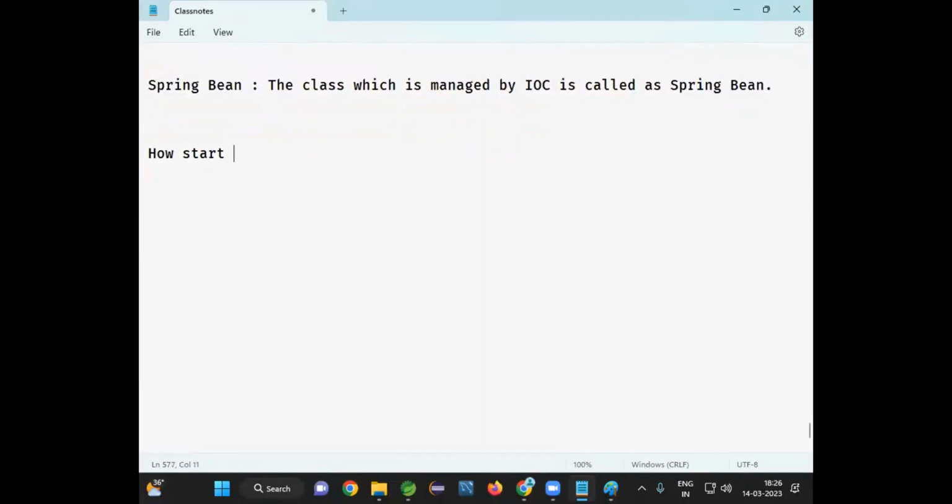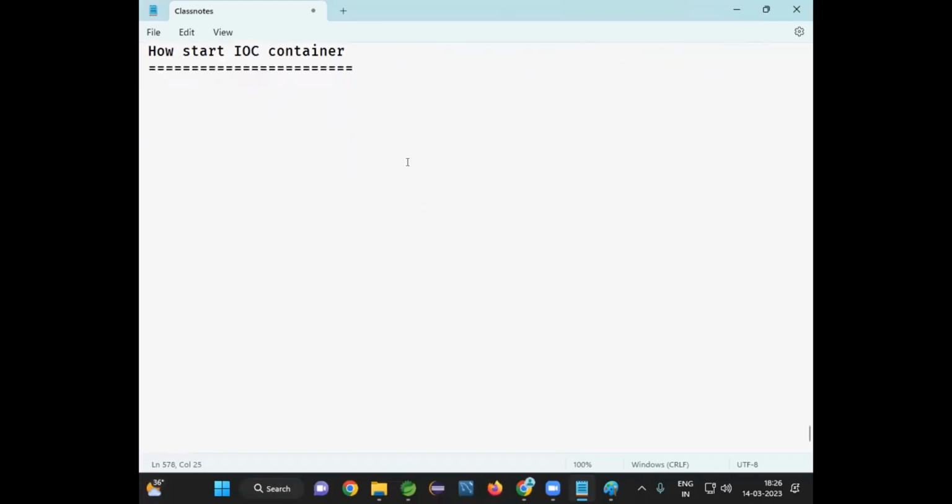How to start the IOC container? In Spring, we are going to start the IOC container. But in Spring Boot, automatically it will start. We don't need to do that. So first let's understand the problem. How to start the IOC container? We can start it